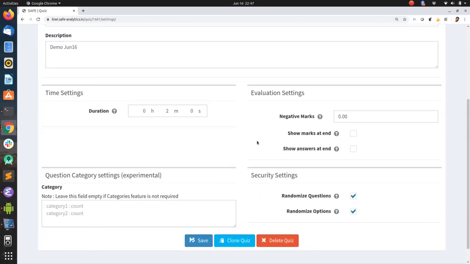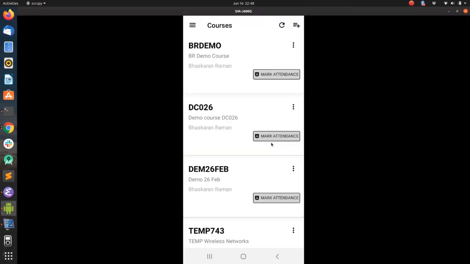Let me now specifically show the effect of these two settings, show marks at end and show answers at end. These two settings, it turns out these are special in the sense that you can change the settings even after running the quiz. So right now when we created the quiz and even now, these two options are not checked. So in the students interface in the app,